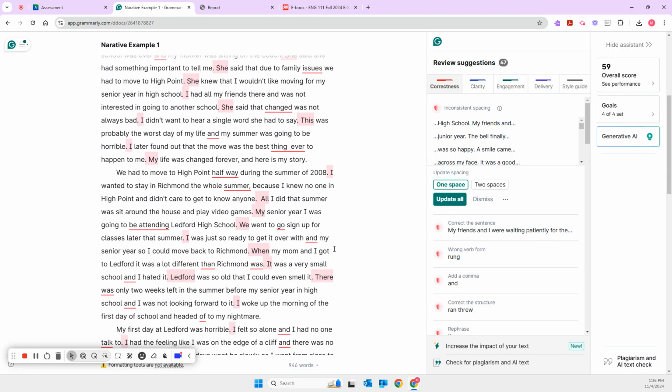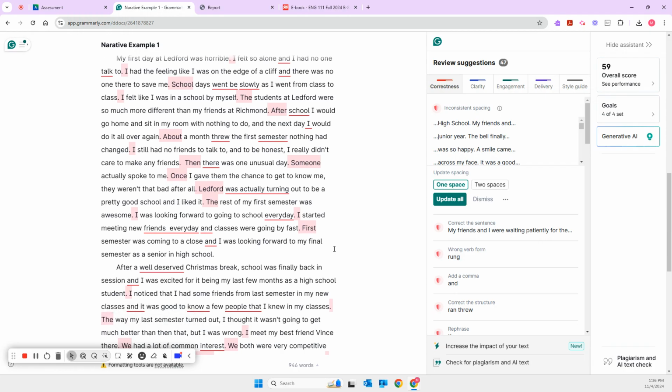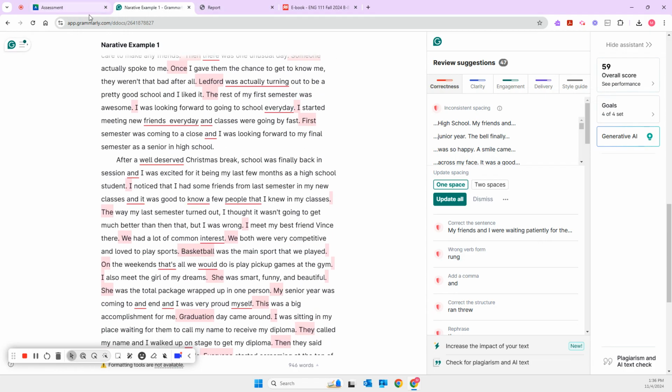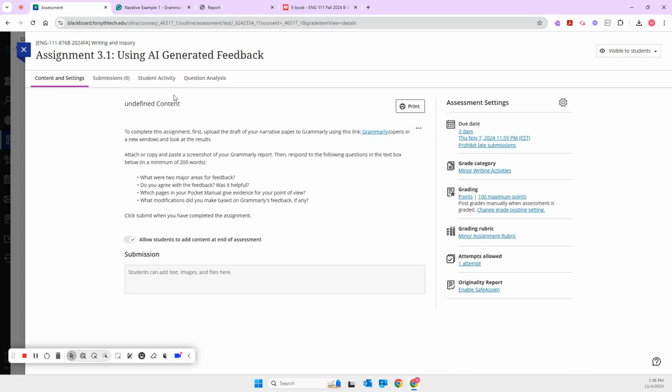So we need to just take a look at it and decide, do we agree with these? Do we not agree with them? Was this feedback helpful? The third question asks us which pages in our Pocket Manual give evidence for our point